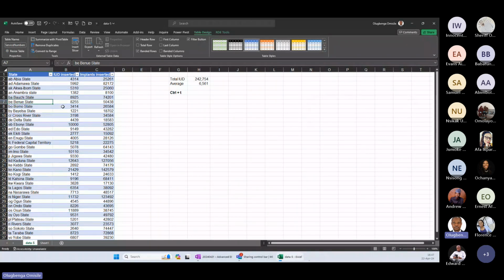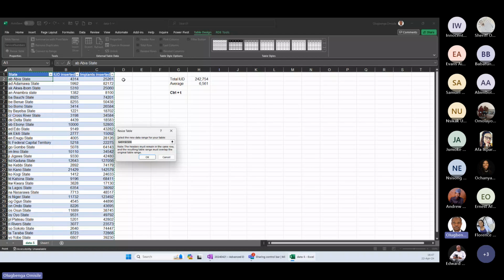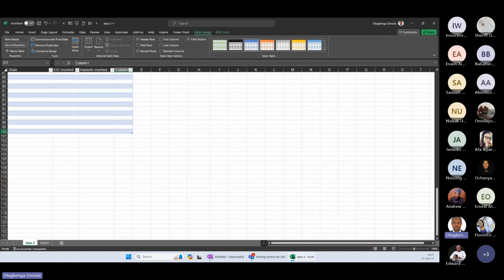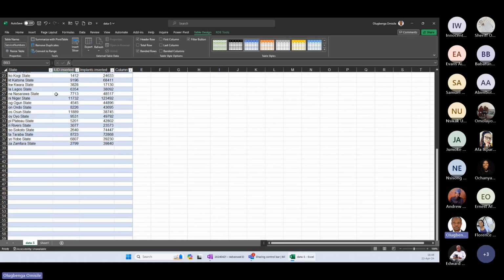So now that I've named my table, all right, there are other things that these options that you have here, such as resizing the table. All right, you can actually resize the table and increase the width. Maybe you want it to cover more data to the right and more data to the bottom. You can actually resize it here by changing this to, say, 100, and then you will see the rows. Let me change this to D, and then 100. So you see it have additional column to the right, and at the bottom, everything goes all the way to row 100. Okay, so that's how